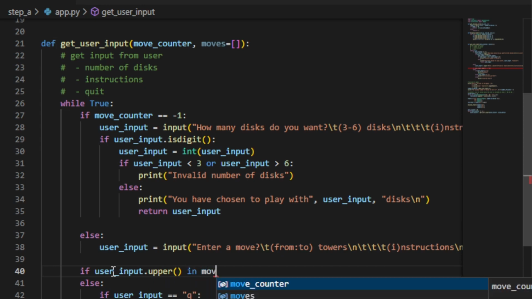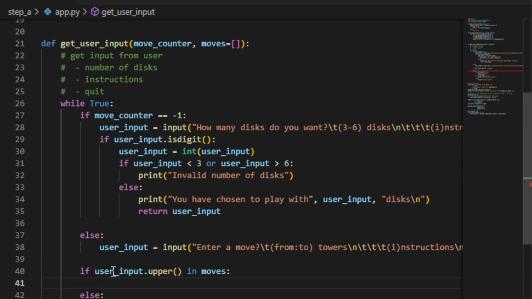Is in moves. Then it's a valid move, so let's go ahead and set our move counter, or it's a potentially valid move, plus or plus itself, move disks,